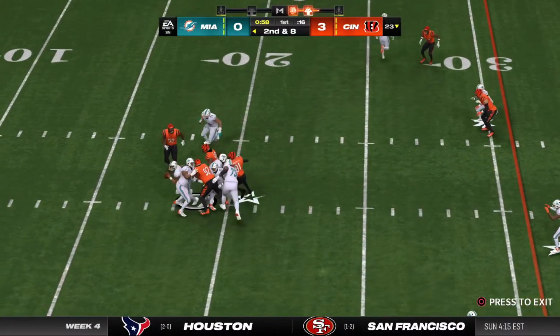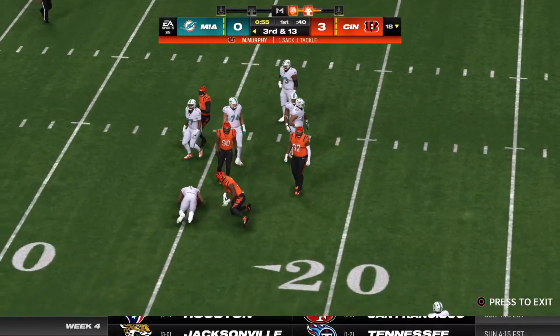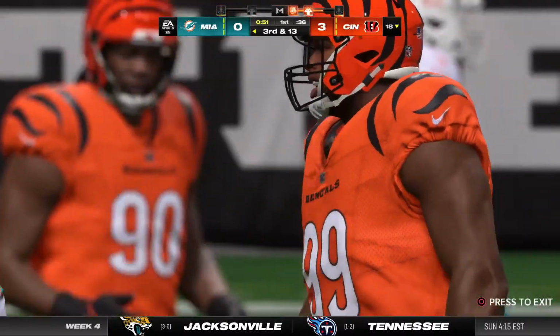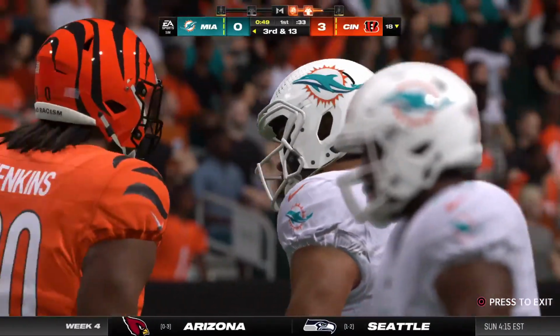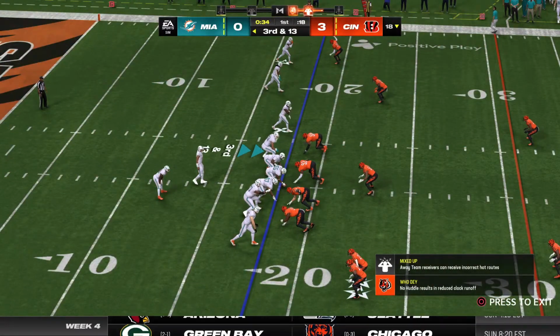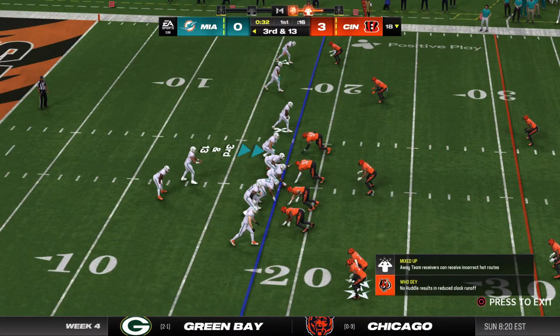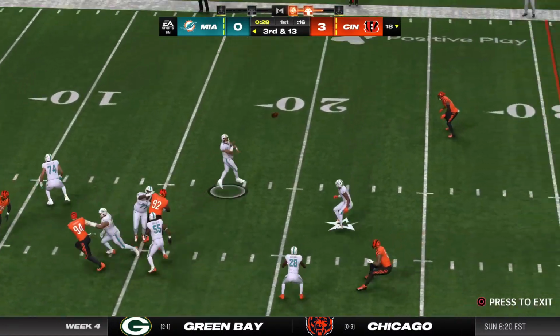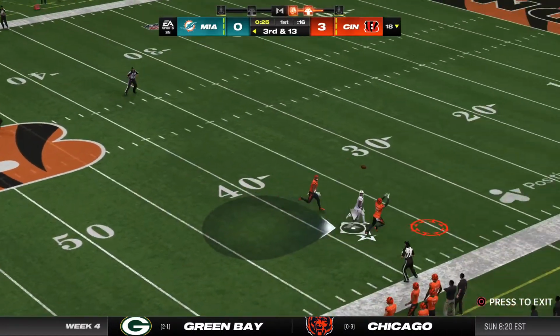Tagovailoa on the throw on second down here. And he'll be taken down by the Bengal pressure. It was Myles Murphy who fired in and got him to the ground. So now after the sack, Tua and the Dolphins staring at a third and long. And we all know how talented this guy is who's calling the signals for him, but even the best in the game, they can struggle against a good, cohesive...